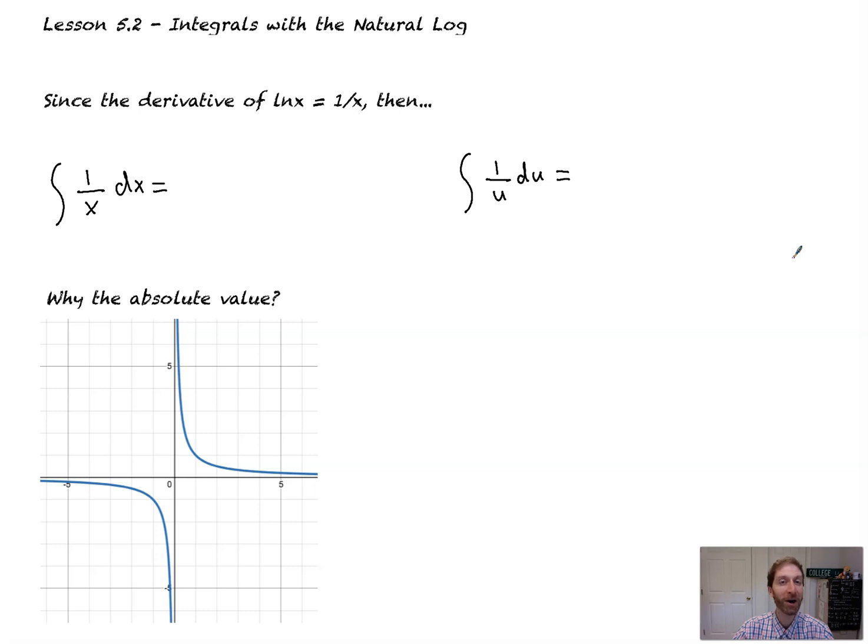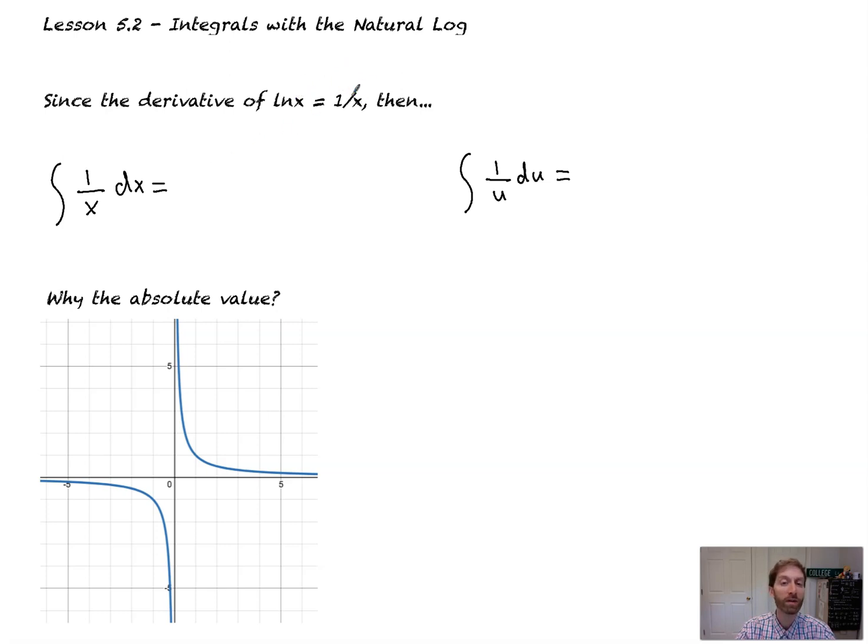Oh, here we go into lesson 5.2, integrals involving the natural log. And you might look at this and be like, there's no natural log in that. The integral will have it though, and here's why. Think of this logic. Since the derivative of ln of x is 1 over x, then the antiderivative would be,